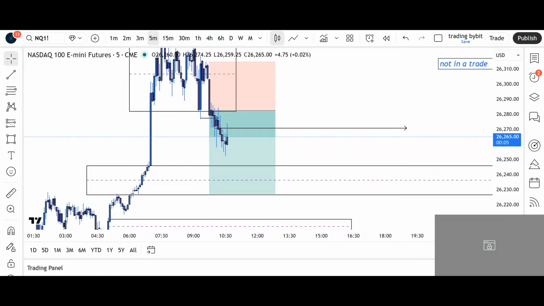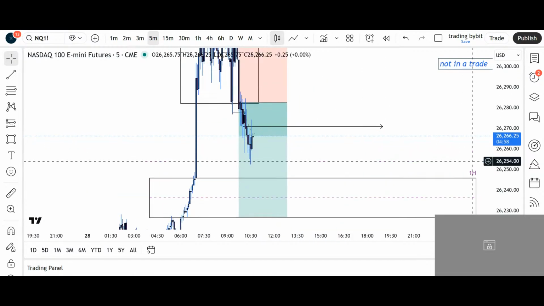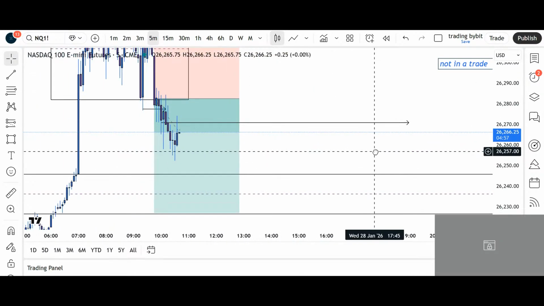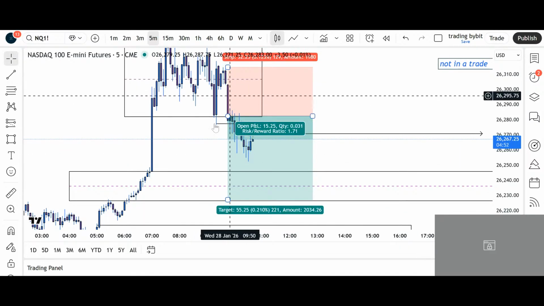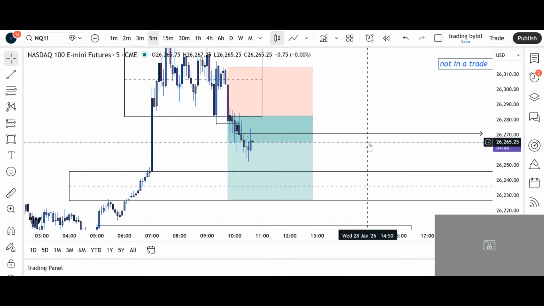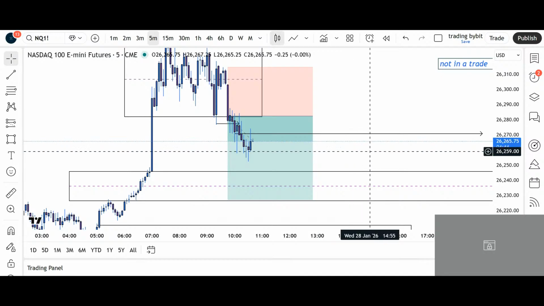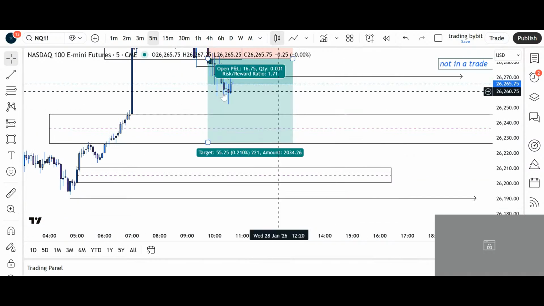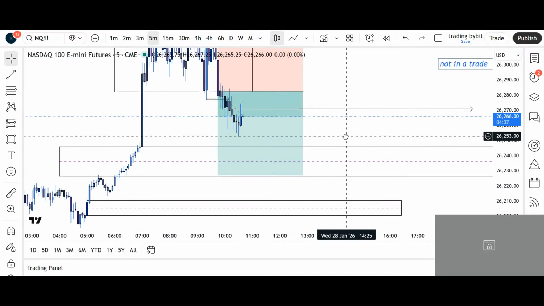So sadly enough today, I will not have a trade. Just want to be patient and see what we get, but there was nothing that we actually could have traded off. The only thing that I wanted was this area, but we already came below that 50 level, and I don't want to be in that trade anymore. I would rather be patient until we hit this level, to long off of it, than the other way around right now.